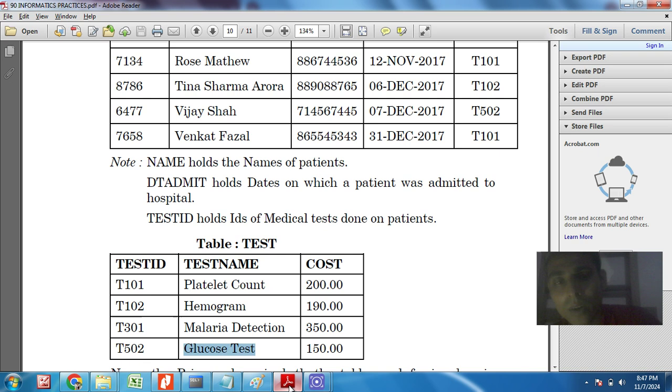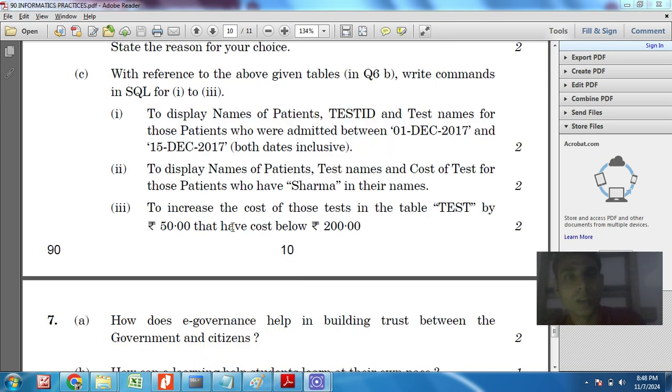Now our next question is to display names of patients, test name and cost of test for those patients who have Sharma in their names. So it is a question of wildcard and join table both.